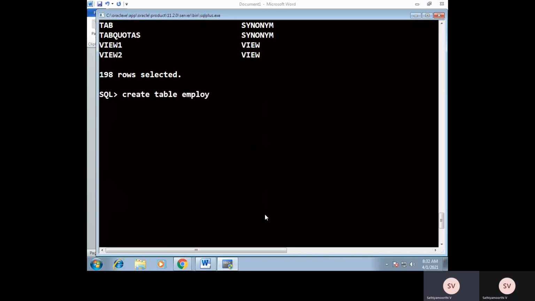with these attributes: employee ID of type number, data size of 3. It means it will accept a maximum of 3 digits. Then the employee name of type varchar2 of 20. An employee name can have at most 20 characters. That is the meaning of varchar2 of 20.